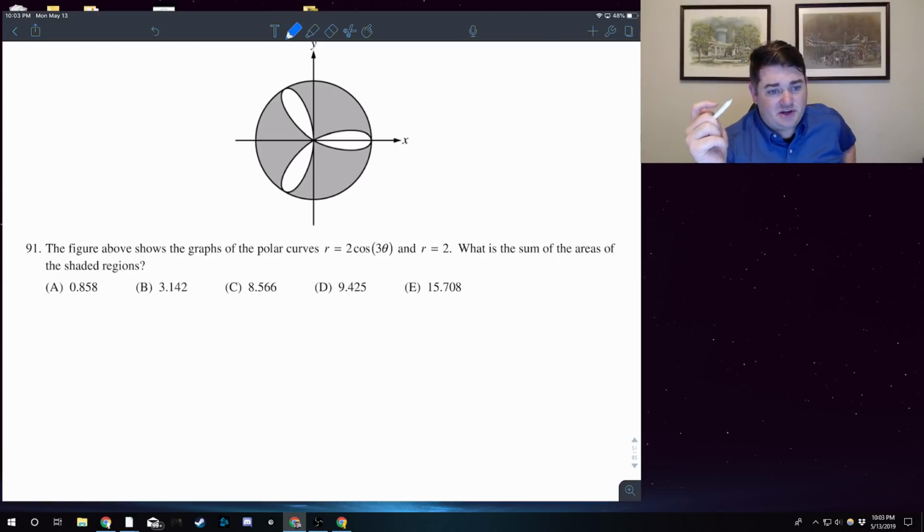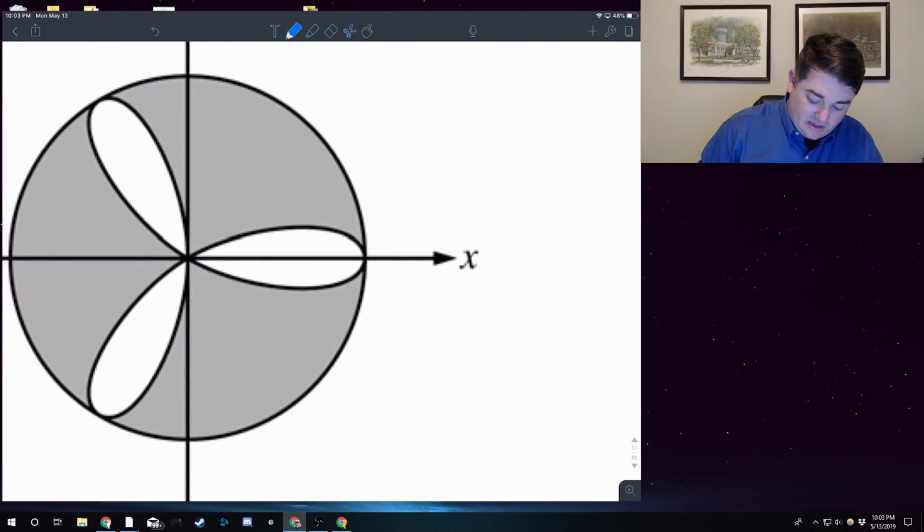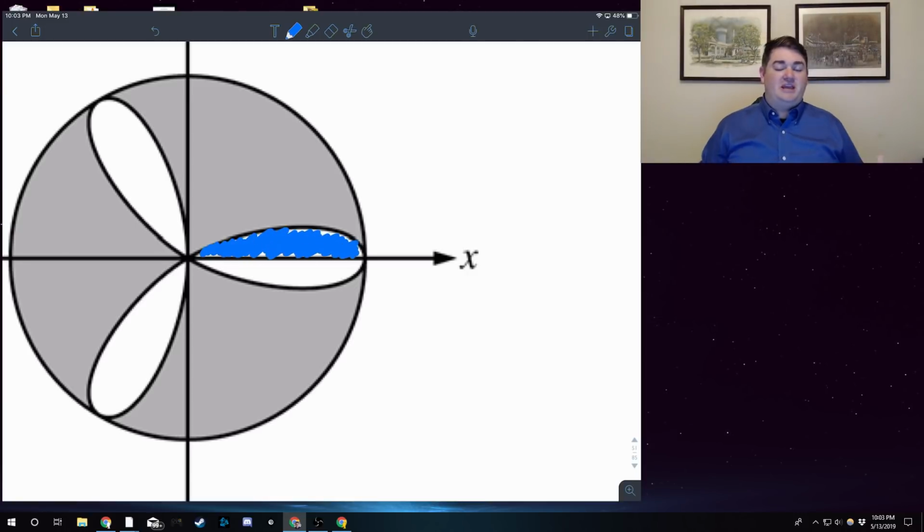So here's what I would tell my students with polar area. Symmetry is your friend. Rather than setting up a convoluted integral to solve this, I want to find the area of 1/2 petal, because how many half petals make up this whole thing? 6. So I find the area of the circle, not hard, pi r squared, and then just subtract the area